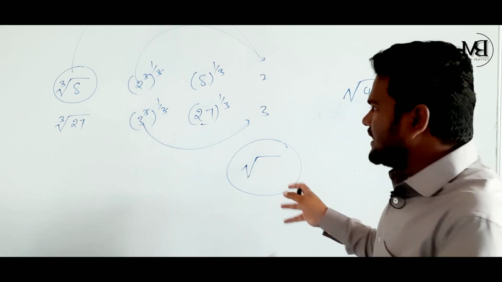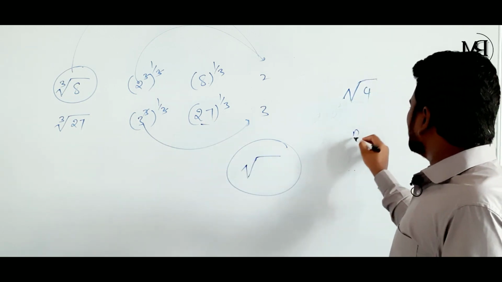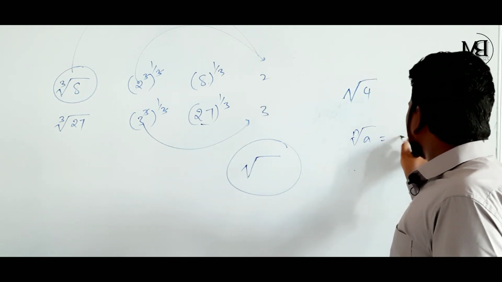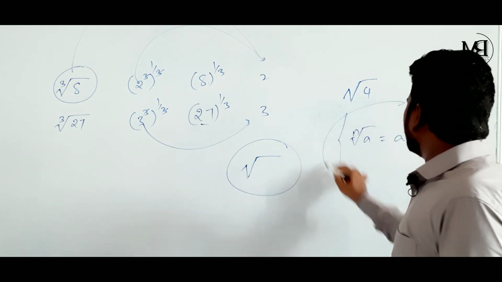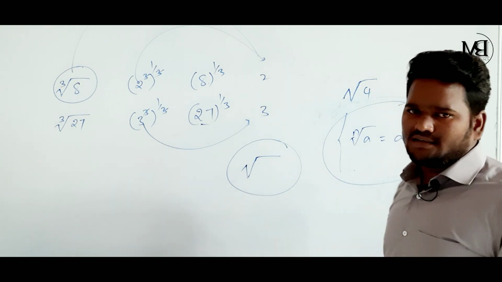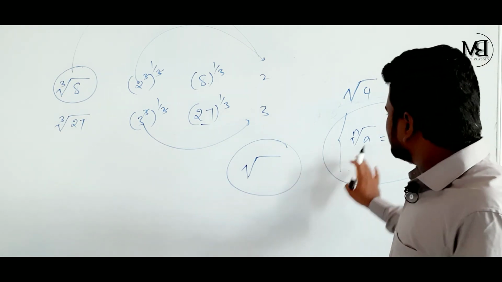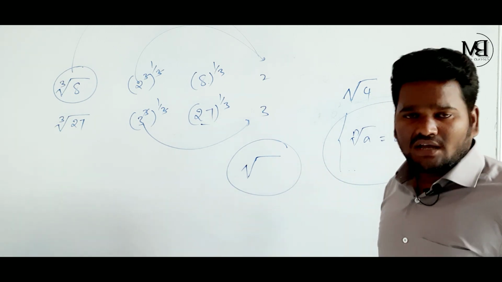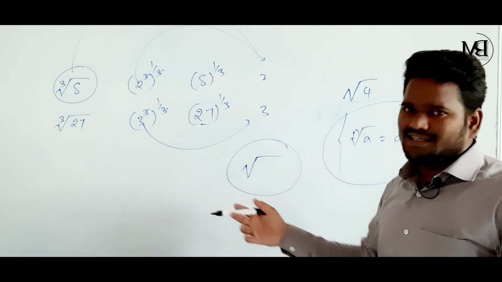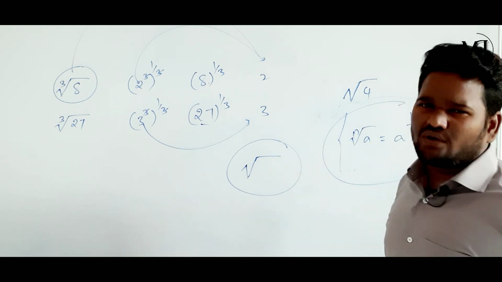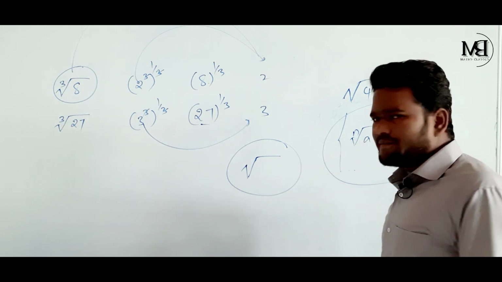Got my point? So here, commonly I can give one formula, my dear children, that is nth root a. Nth root a is equal to a power of 1 by n. Okay? This is applicable for any root. When you are going to find the square root, here you need to take 2 and there is an exception. No need to take 2 here. And when you are going to find cube root, you need to take 3 here.